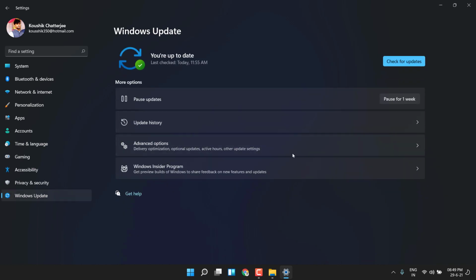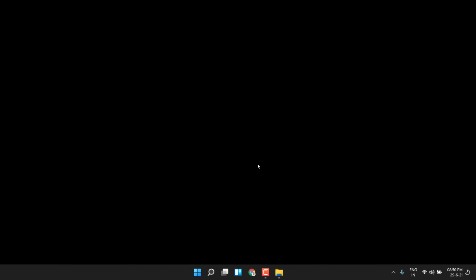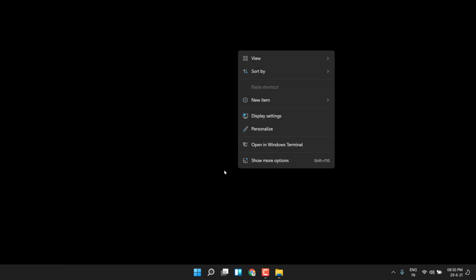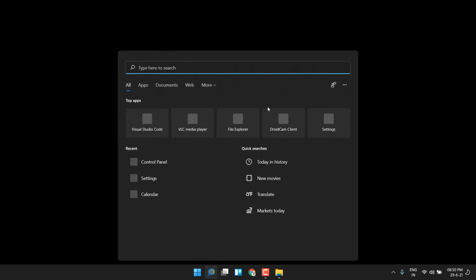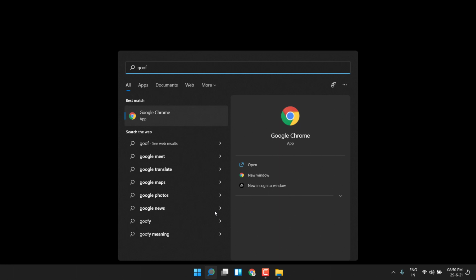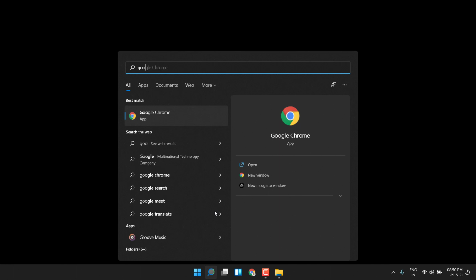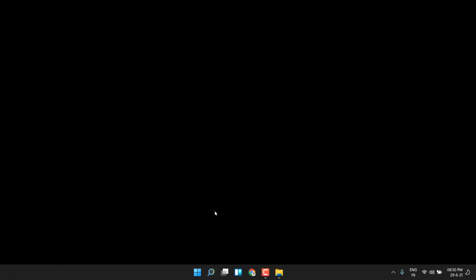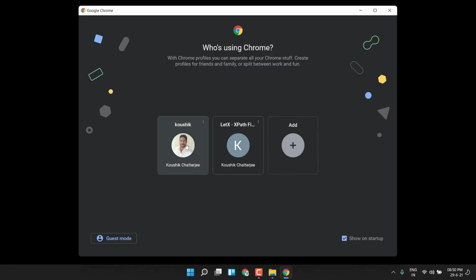And Windows update, of course, I have already said about this, so everything looks neat and clean. And for some reason the wallpaper is disabled now, because I said we have minor issues here and there. So if you are going to try this Windows 11 in your daily machine, daily driver, probably it might not be the best time to do that. Next to the start button, we have the search, where we can just search any of our files, or of course we can search for the web as well. For example, if I type Google Chrome, it's going to bring up the browser, or else I can just search for google.com. That's going to open up in your default browser.